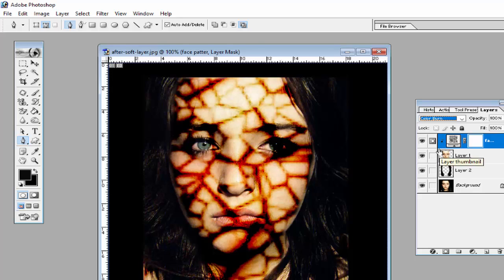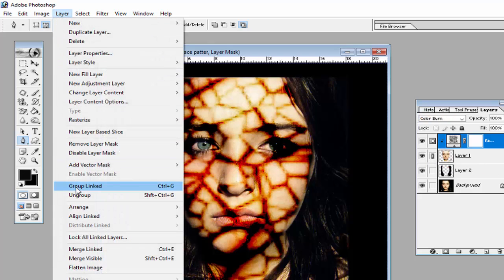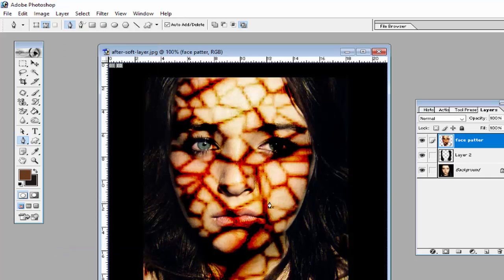So I think you understand how to create this image. And then to merge layer 1 and the face, select the face layer and then create a link on layer 1 like this, and after that go in layer and click on the option merge linked, to merge all these layers, shortcut key Ctrl E. You will see both layers merged, the linked layer and the selected layer.